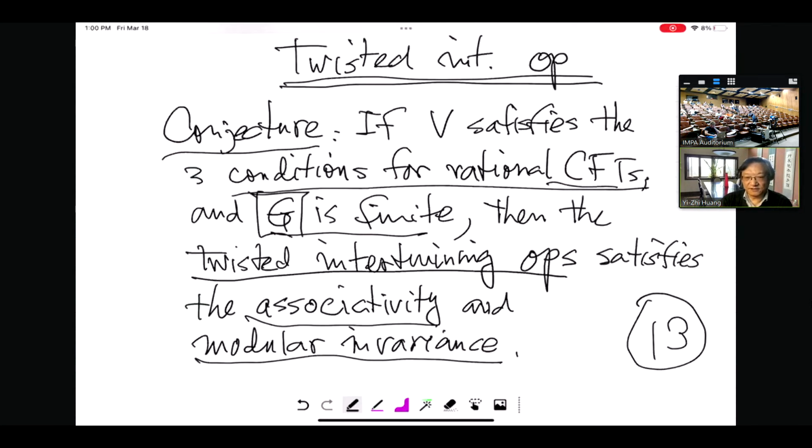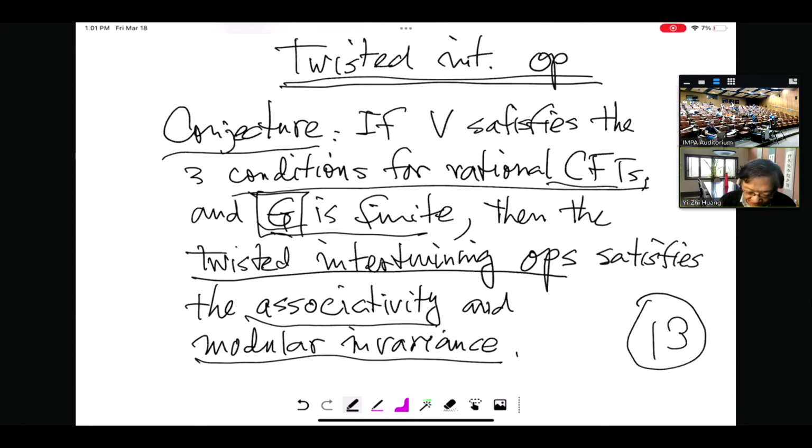The especially difficult part is when the group is non-commutative, because a cyclic group is commutative. When the group is non-commutative, you might have two twisted modules which are twisted by two elements in the group that do not commute with each other. This is especially difficult, and the reason why this is still a conjecture is that I do not know how to prove this